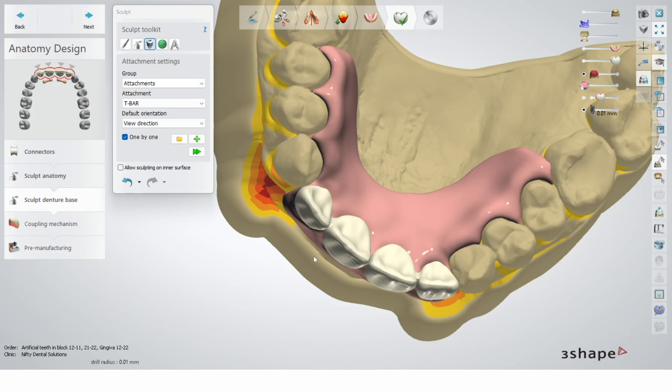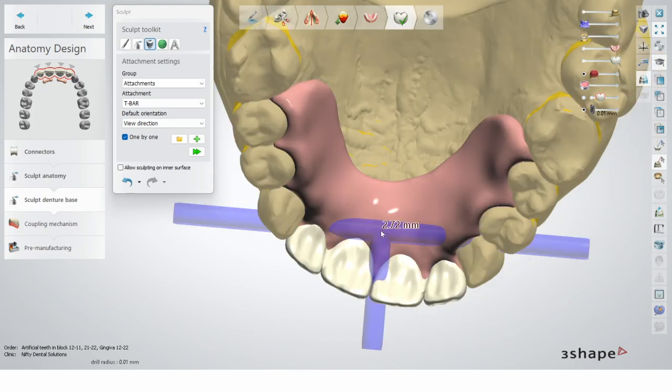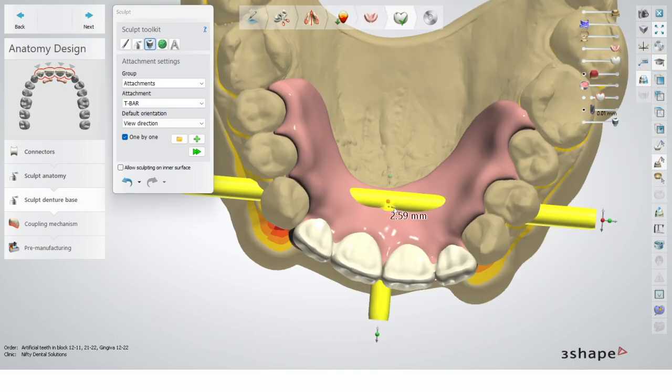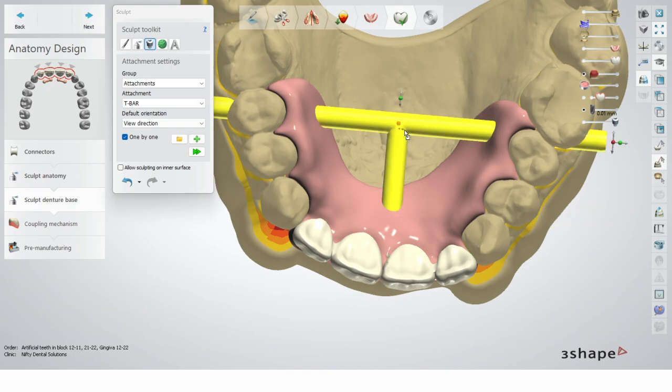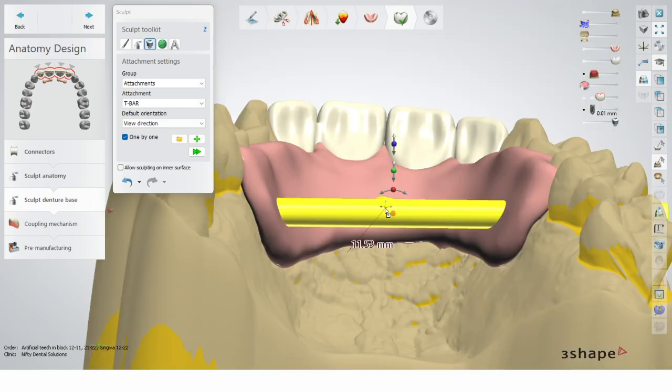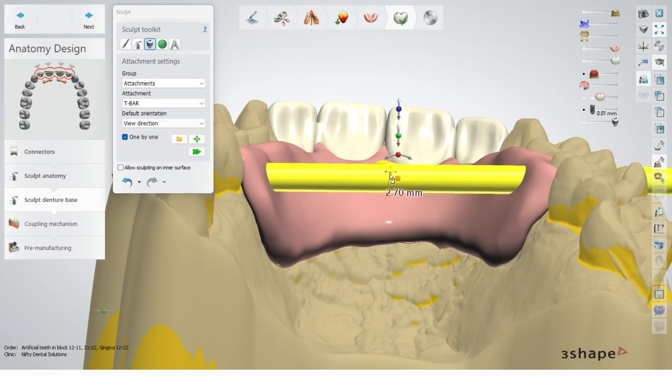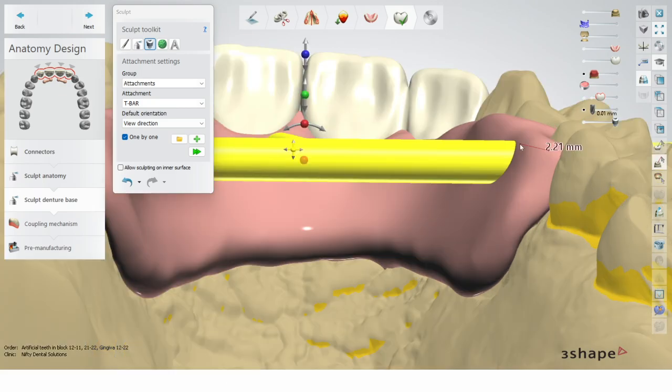So if I put in view direction, I set myself already in a good position to set this bar. And there are a bit of rules to set these bars. They don't have to be positioned too low, something like this. It will not come out as a nice denture this way. It might get a bit distorted. Or put this bar too close to the edges there.